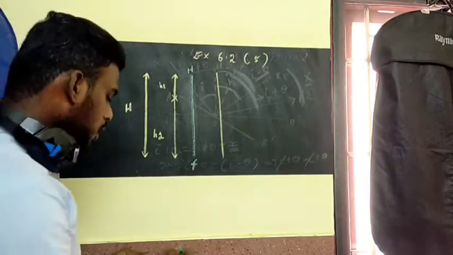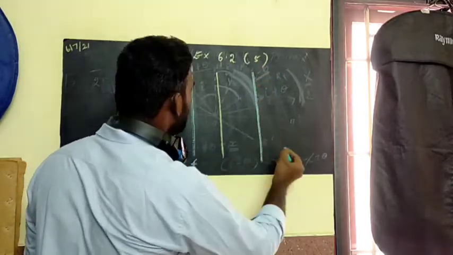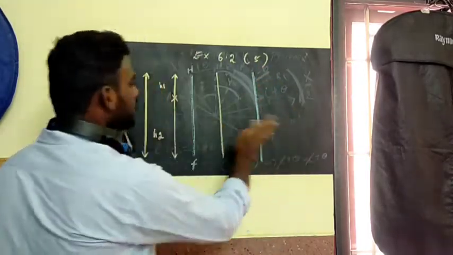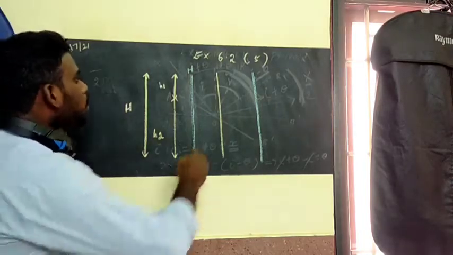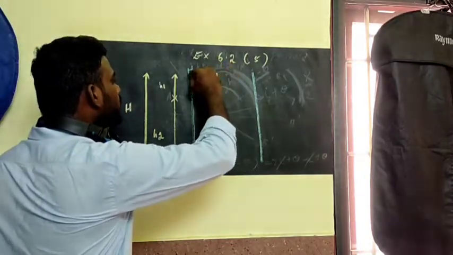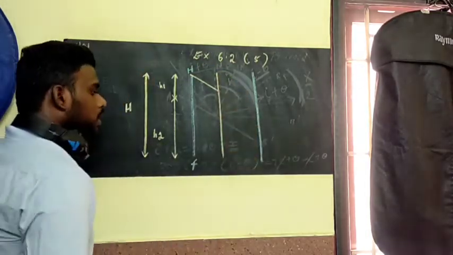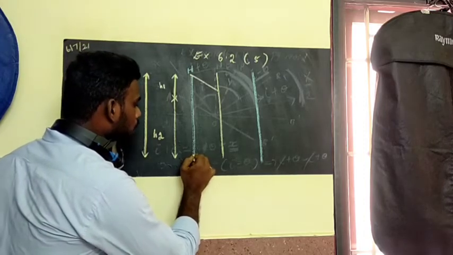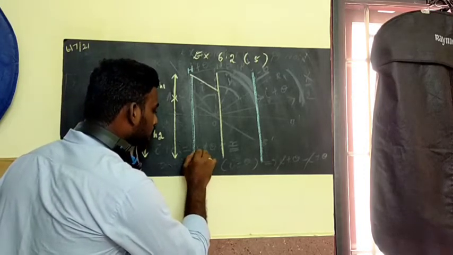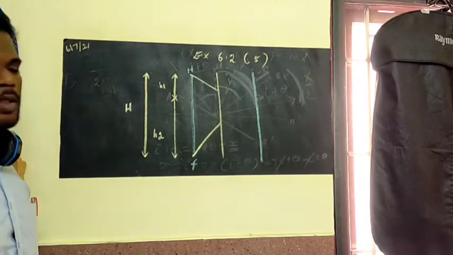Both will be the same. So here also I can take this as the image of the person. Is that clear? You just see that there are two rays ma. We are taking two rays. One is from the head of the person. Then another one I can take from the leg, or from the foot of the person.